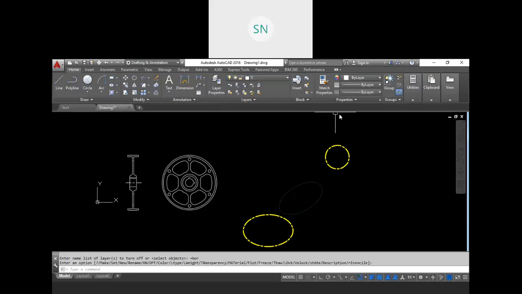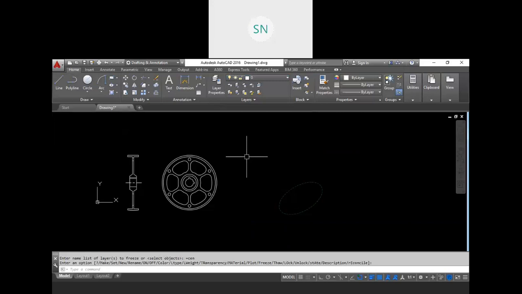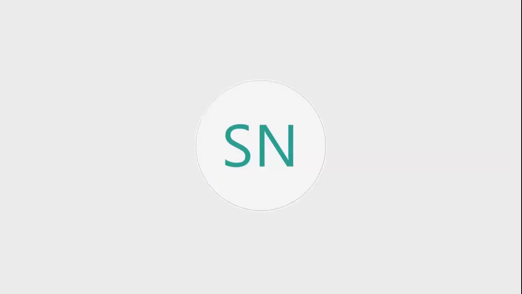right? For example, I don't want to see center line, so you can freeze it also. Just freeze it, and all the objects which carry the center line layer are going to be removed from your drawing. Now we have one question, that if we turn it off, it is also going to remove, and if we freeze it, it is also going to remove, right? So what's the difference between these two?